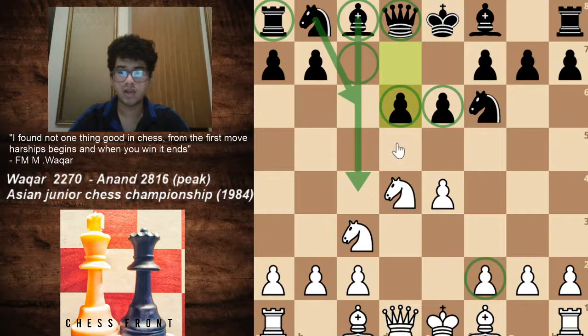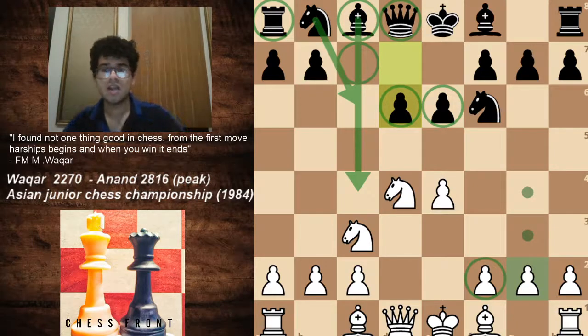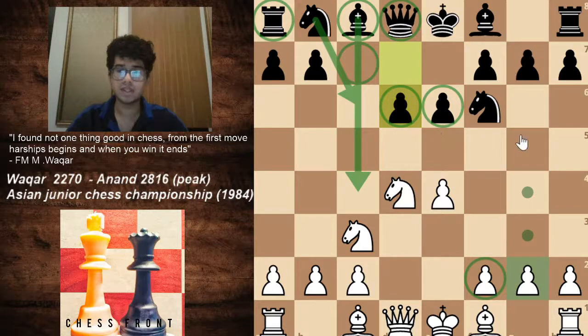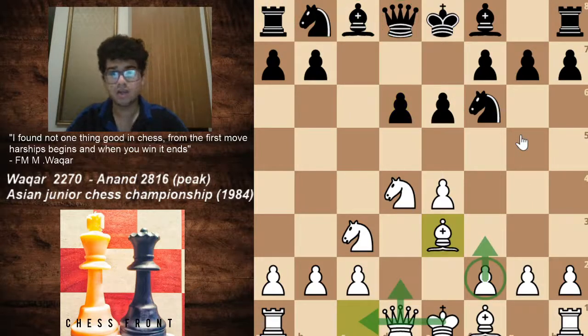Nowadays, the Scheveningen is not played through this move order due to the immediate threat of g4, known as the Keres attack. Instead, it's played through e4, c5, knight f3, d6, d4, c captures d4, knight captures d4, knight c3, I believe, and a6, and then only later e6. So it's basically nowadays played through the Najdorf variation move order, and then instead of the usual e5 as you do in the Najdorf, you go e6 instead, leading to the classical variation.